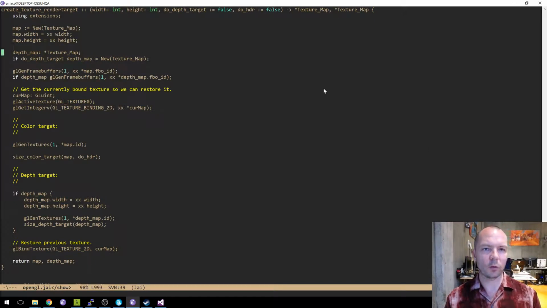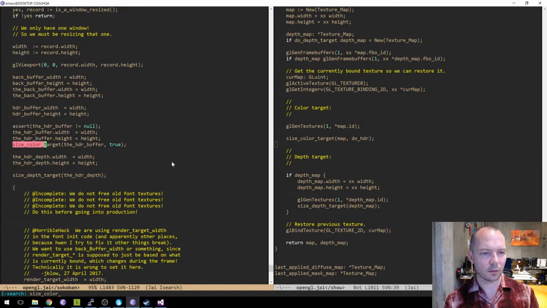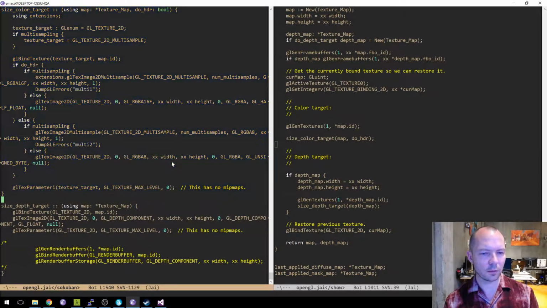Right, so we have a color target, potentially, and a depth target that we're returning. So we GLGen frame buffers, color target, size color target. I don't have that. I guess I'll copy all this.